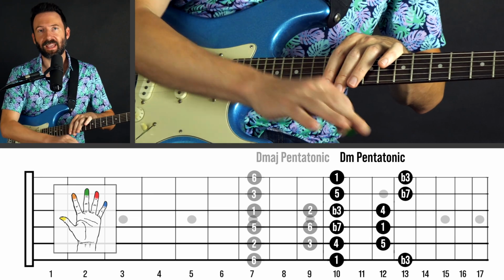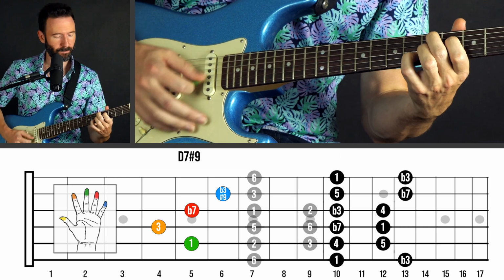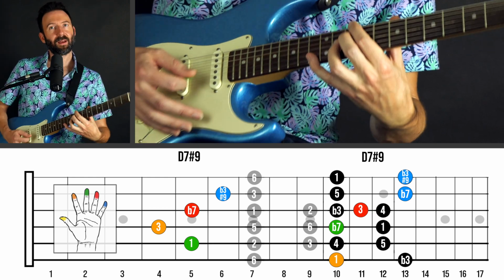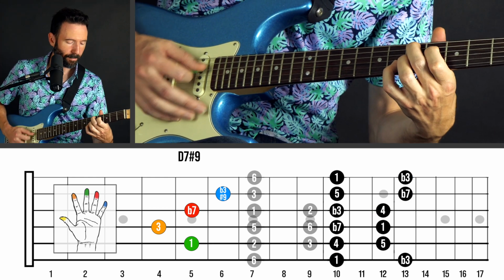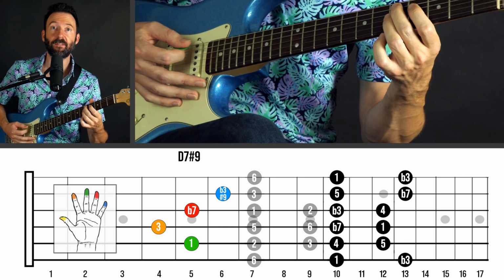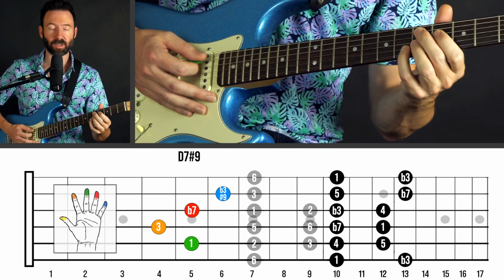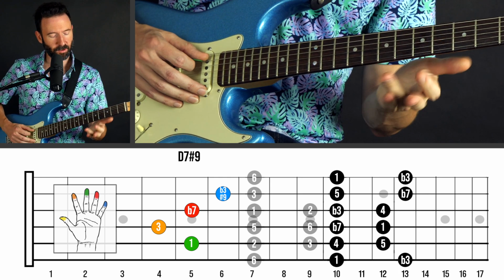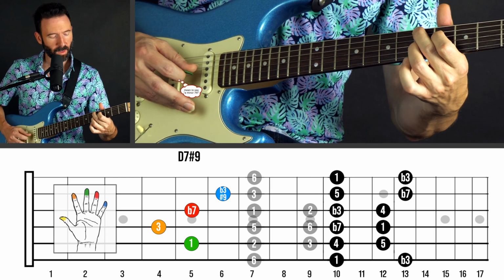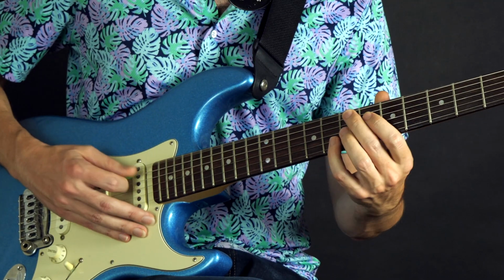Now, really, the chord that encapsulates all of this is a D7 sharp 9. Don't be intimidated yet by the word sharp 9. So this chord, a D7 sharp 9, it's really just a D major minor. That's what it is. It's a root, 5th, flat 7th, and a major 3rd and minor 3rd combined. Often called the Hendrix chord. Right? So here we have a root, a major 3rd, a dominant 7, and a minor 3rd together. Hendrix would do the...